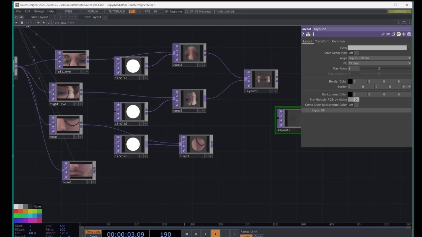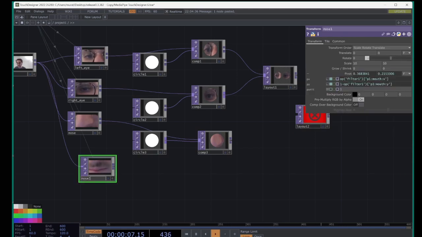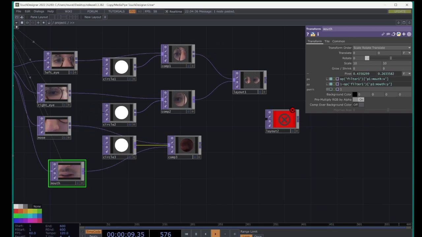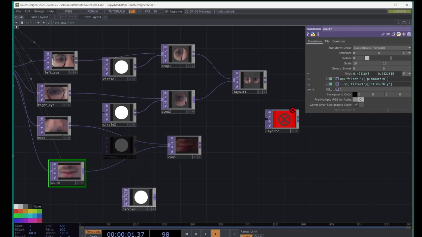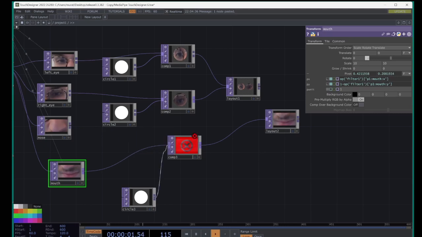Actually, I did this wrong. I was going to do the mouth first. Okay, and then okay,